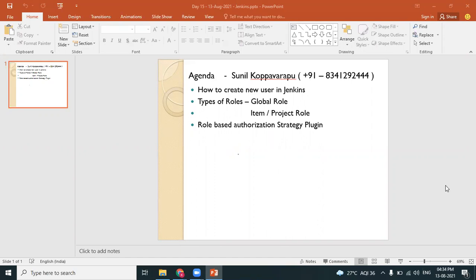As usual, before getting into the concept, let's have a quick interaction. Kumar. Sunil, good evening. Good evening, Kumar. How are you doing? I'm good. How are you? Doing well. How is your learning experience in DevOps? Is it difficult or easy, frankly speaking? It's quite cool. Day to day I'm learning more about new DevOps things. Okay, day by day you are upgrading. Yeah, and I keep coping with the sessions. Perfect. Very good.